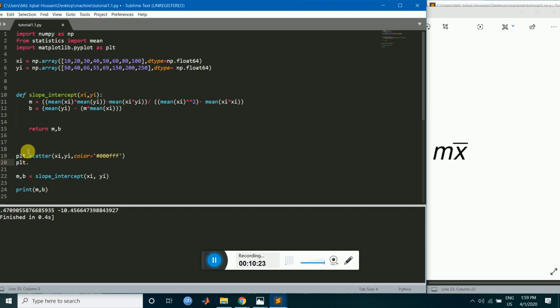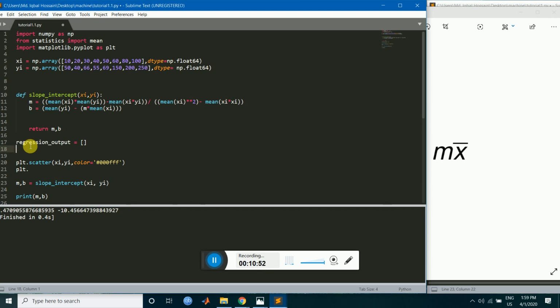Before that I have to find the predicted regression output for the xi. So I can do this: regression output equal to